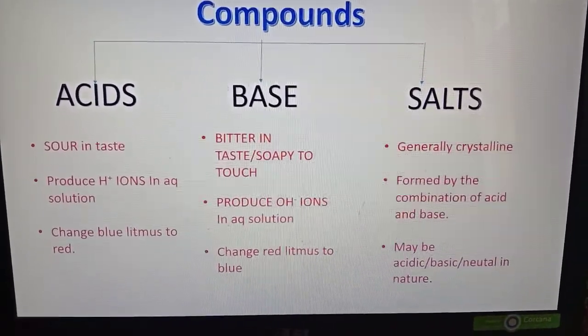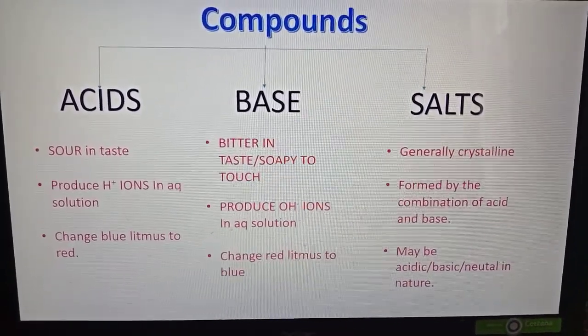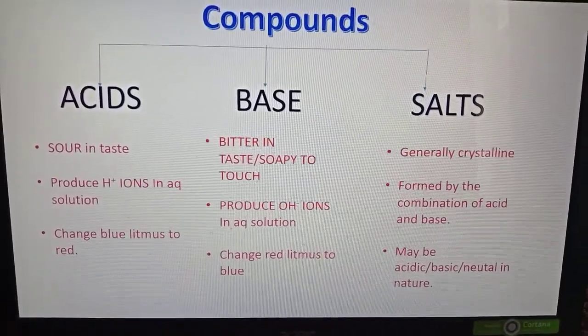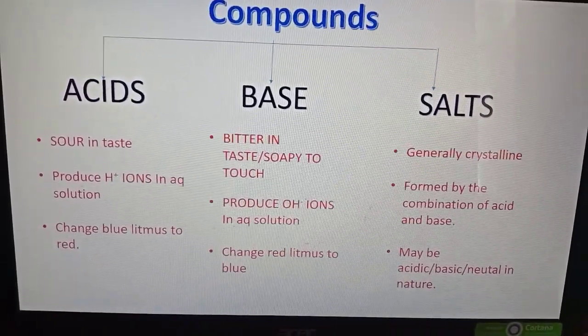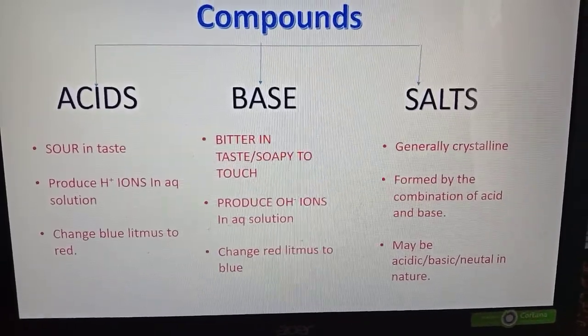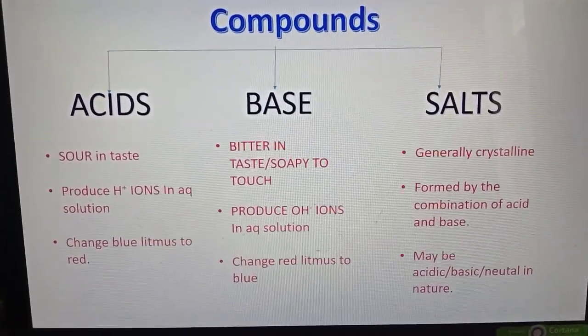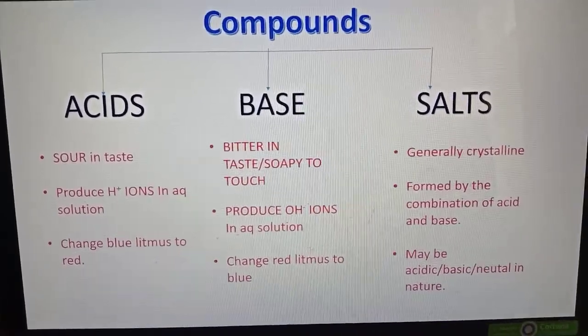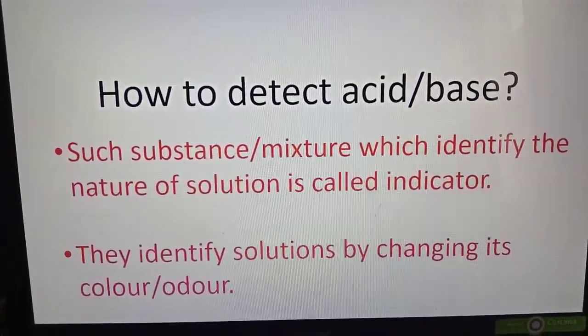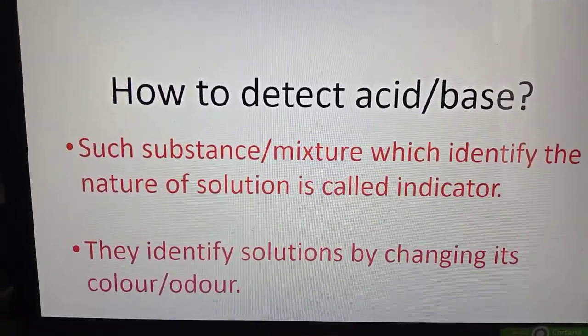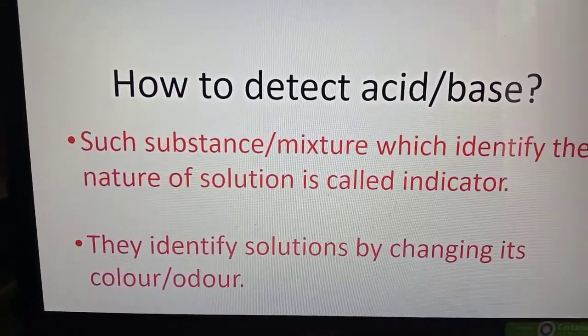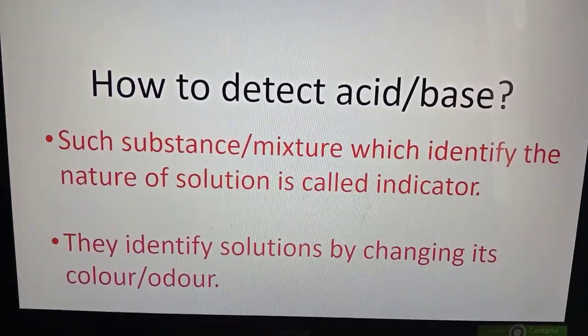Salts, generally crystalline, formed by the combination of acid or base, and they may be acidic, they may be basic or neutral depending upon the acid and base by which they are forming. Now next question is, if I am provided two solutions, both are colorless but one is acid, another is